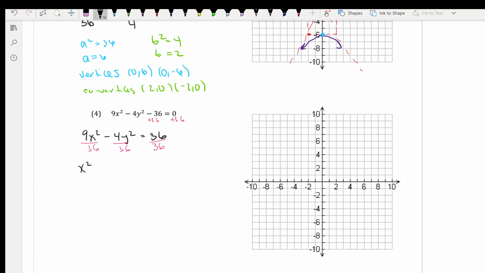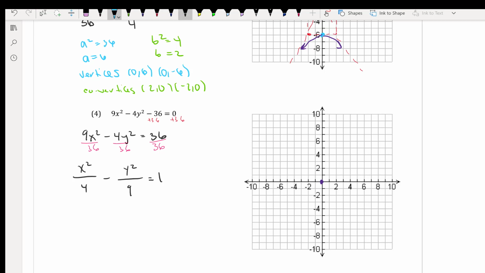So I have x squared up on top. 9 divided by 36 gives you a 4 on the bottom. Oh, that looks more like that should have been a y squared. 4 divided by 36, that should give you a 9 on the bottom, and 36 divided by 36 is a 1. So again, I have my center at 0, 0,